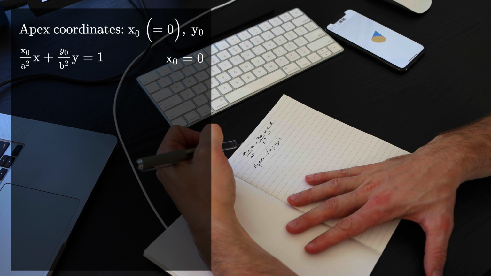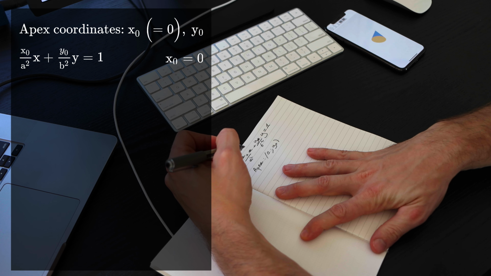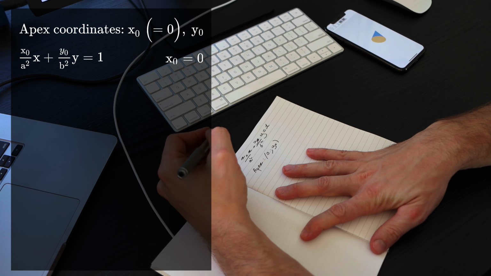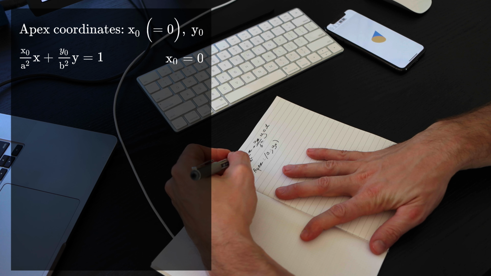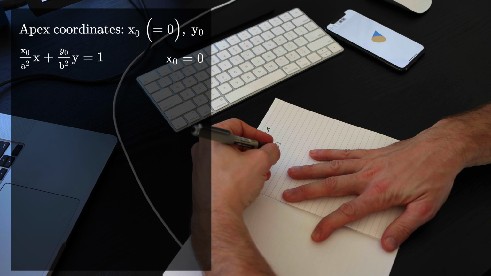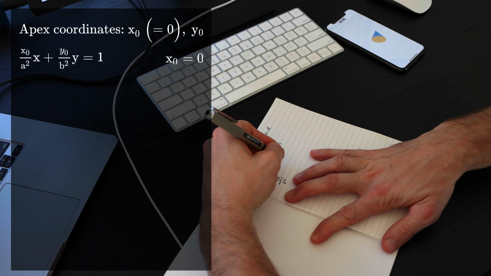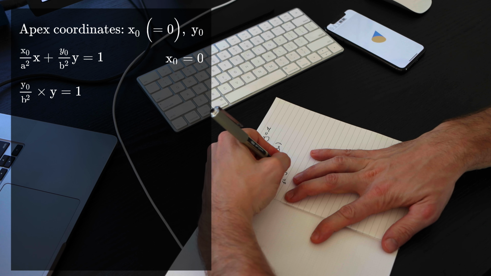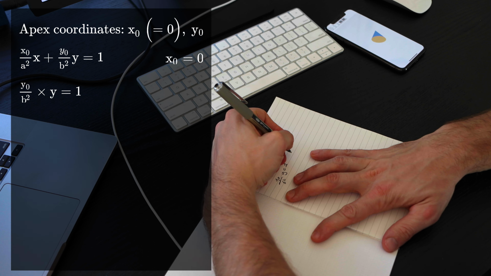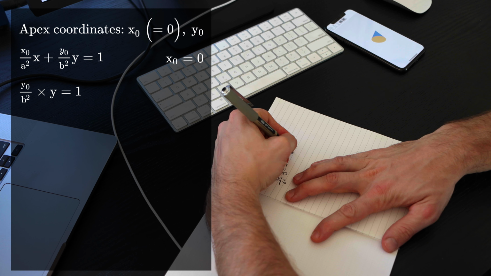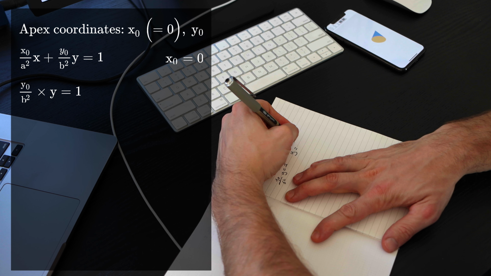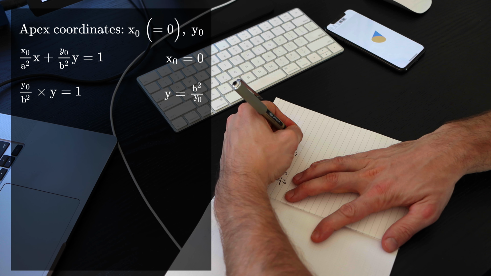So we know y0, and we can calculate y from here. Since x0 equals 0, that gives us y0 divided by b square times y equals 1. That gives us y equals b square divided by